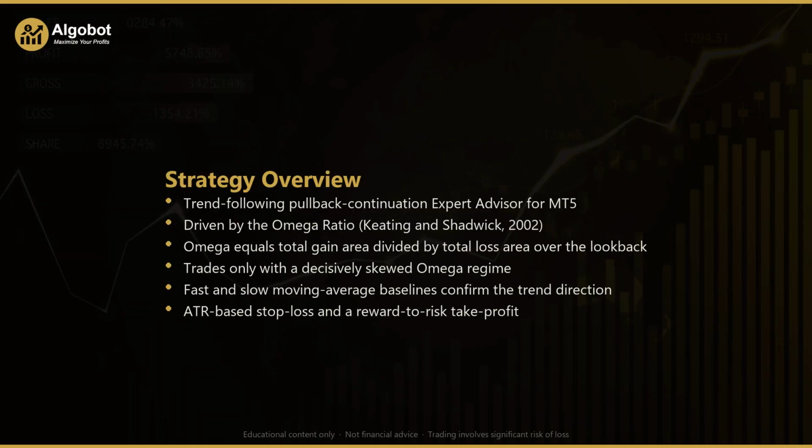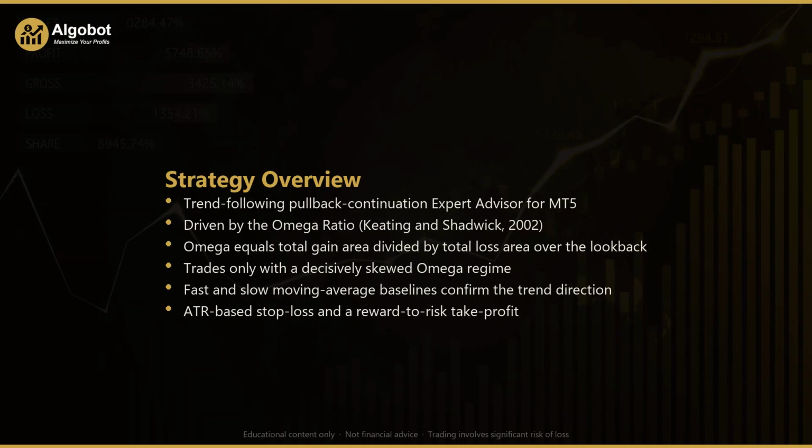So what exactly does the Omega Ratio Trend Pullback Expert Advisor do? At its heart, this is a trend-following system that specializes in pullback continuation entries. Rather than chasing a market that has already broken out and stretched far from value, it waits patiently for a shallow dip inside an established trend, and then looks for that dip to be immediately reclaimed before committing to a position. The engine that drives the whole approach is the Omega Ratio, a measure introduced by Keating and Shadwick in